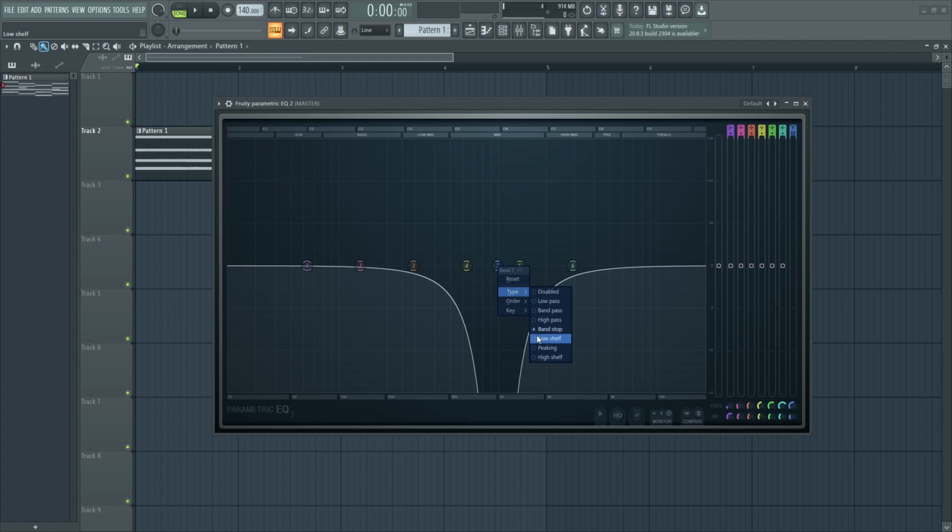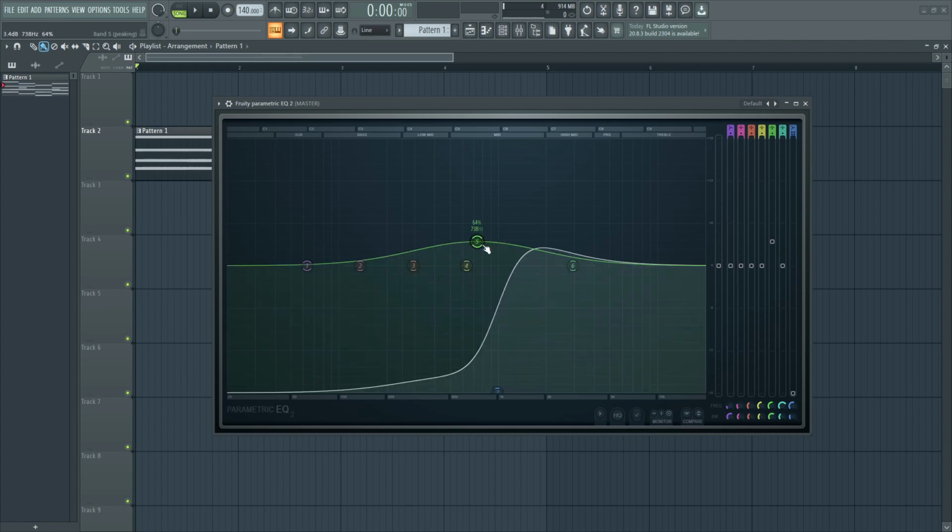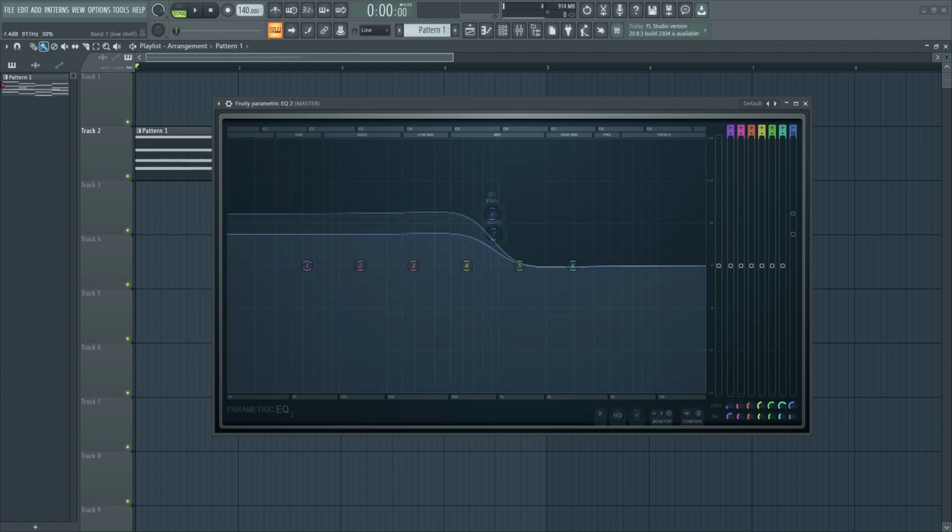Next we have shelf filter. So we have two types of shelves. We have low shelf and we have high shelf. So this is what a shelf filter looks like. Now many times people think that if they just cut down the low frequencies using a shelf filter, they are actually applying a low cut filter, but that's not true, and that can cause your mixes to sound muddy. So that's just a tip, don't use shelf filters to cut low or high frequencies.